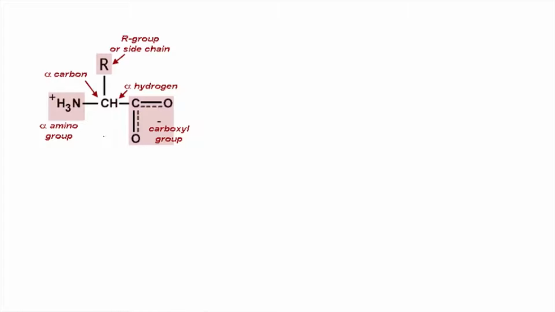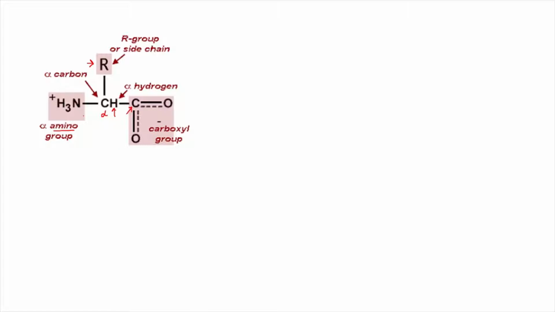If you have watched my previous lectures, I have already explained the basic structure of an amino acid. So this carbon is called the alpha carbon. The alpha carbon has at one end an amino group, at the other end a variable R group, and at the other end a carboxylic group. This is the carboxylic group attached to the alpha carbon, and it also has a hydrogen atom attached to it.